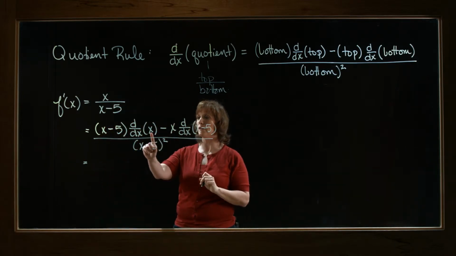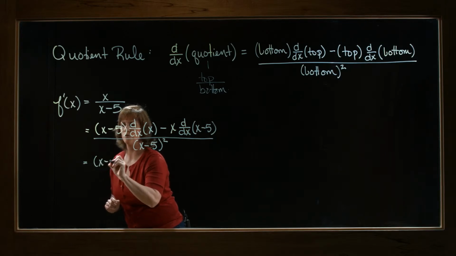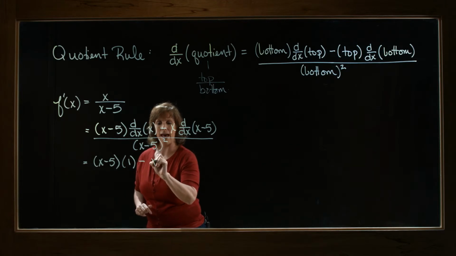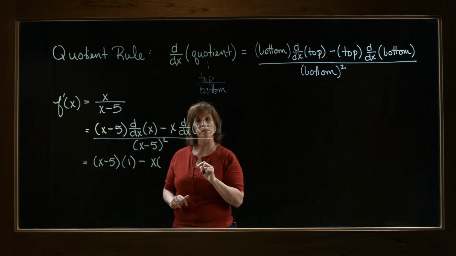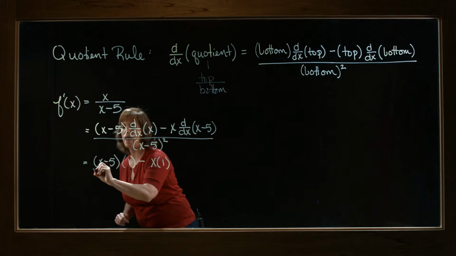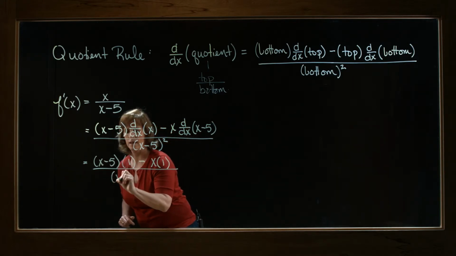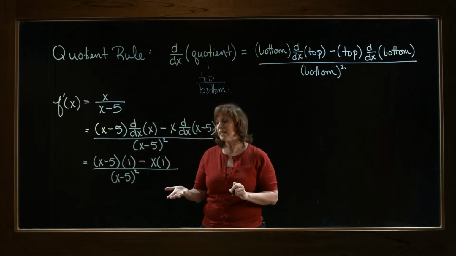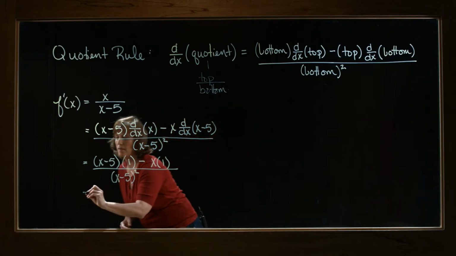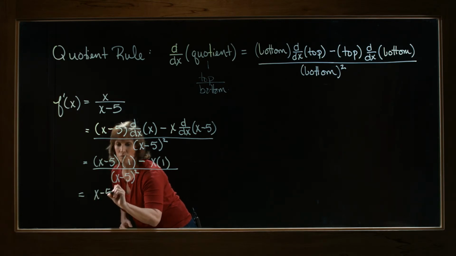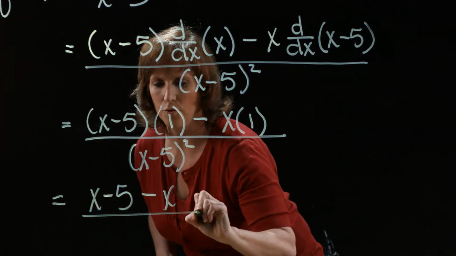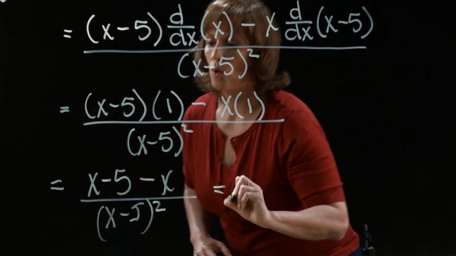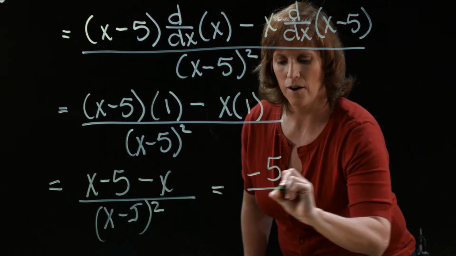Now, taking the two derivatives, I will have x minus 5 times the derivative of x, which is just 1, minus x times the derivative of x minus 5, which is also 1, and divide by x minus 5 quantity squared. The derivative is done at this point, but I do need to simplify. I have an x minus 5 minus x all over the quantity x minus 5 squared, which reduces down to a negative 5 all over